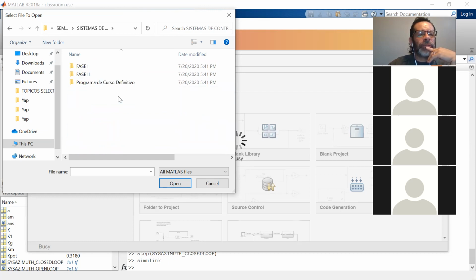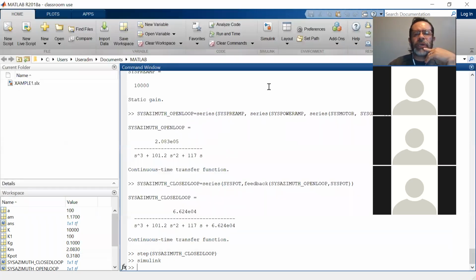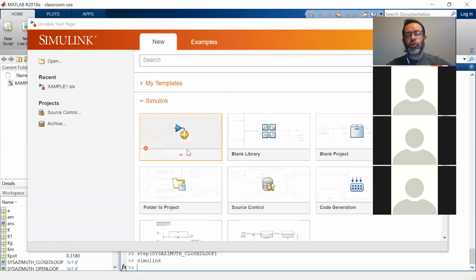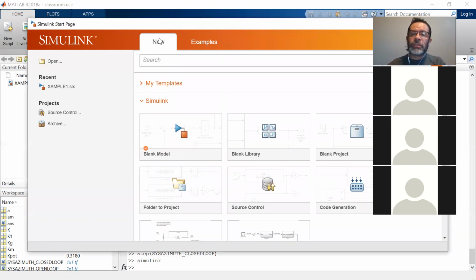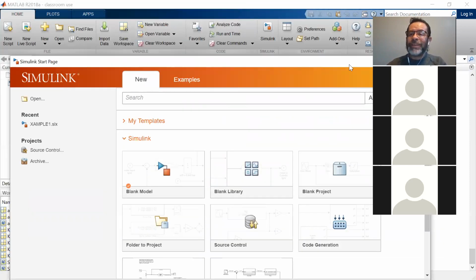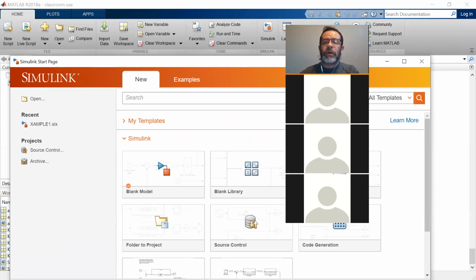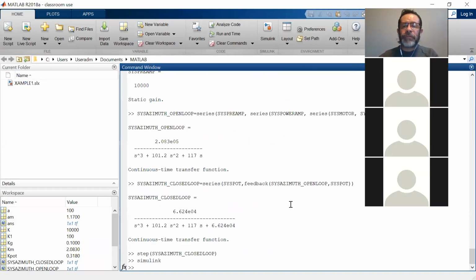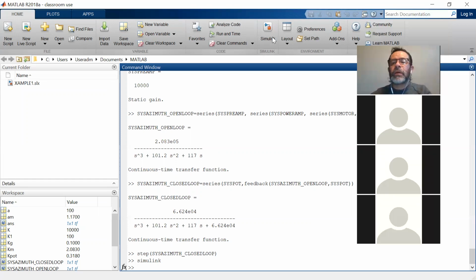I remember I did have it somewhere. Well, we're going to see it when we come back. So we can actually draw the antenna system in Matlab in Simulink with each of the components, and we can do exactly the same simulations that we did here in Matlab, but with the actual block diagram of the antenna system. That's going to be very practical. Okay,